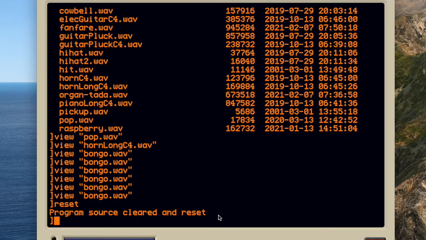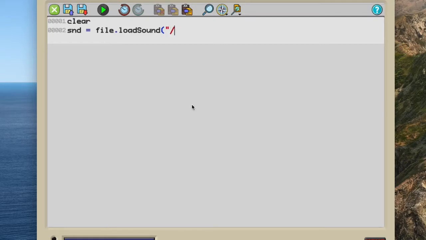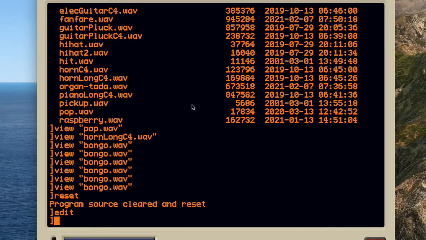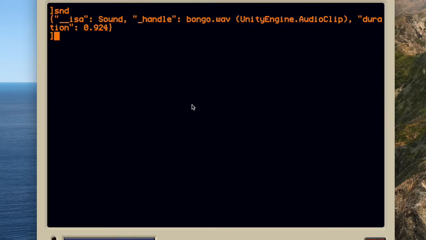So let's reset just to make sure that we don't have some previous program in memory, and edit to launch the code editor. I'm going to start with a clear command, clear the screen. Sys sounds bongo.wav. Let's just run that much. I'm going to hit Control W to exit, run to run the program, and now we have this sound object,